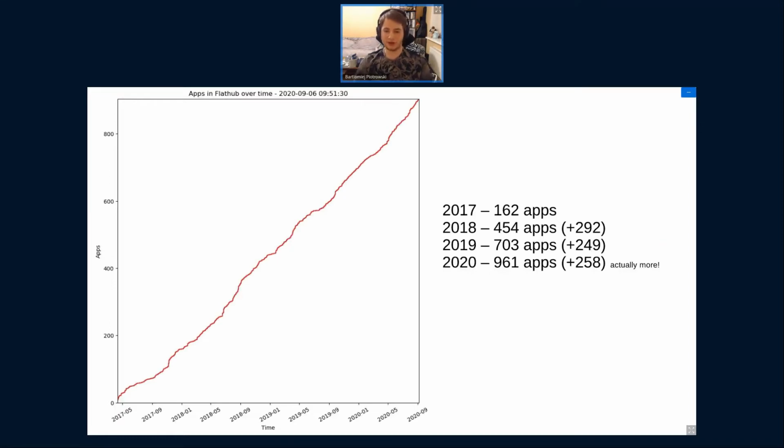So this is a graph of Flathub applications from September. The latest graph is a little bit wrong because we broke the API used to calculate available apps. But the bottom line of this graph is that we have steady growth ever since Flathub started. And we are currently at 961 applications.